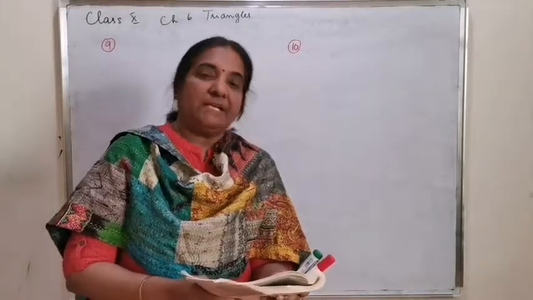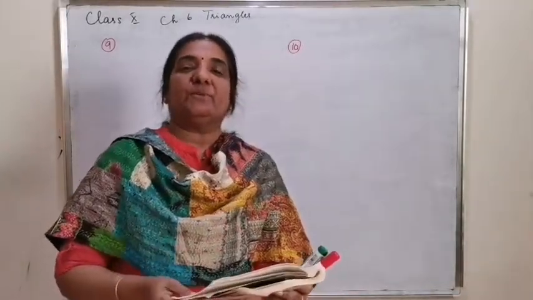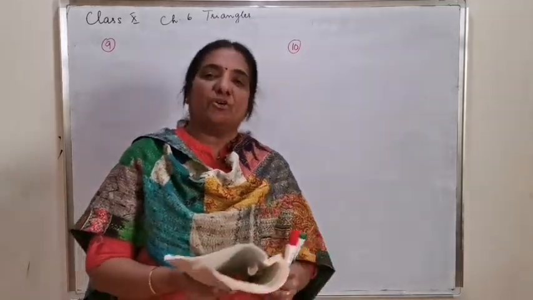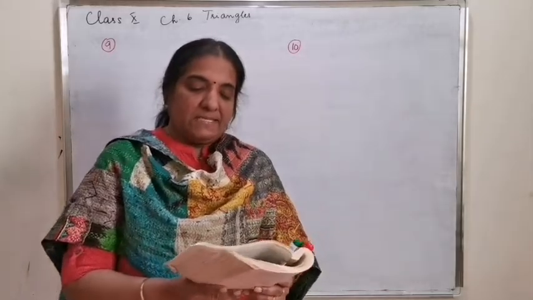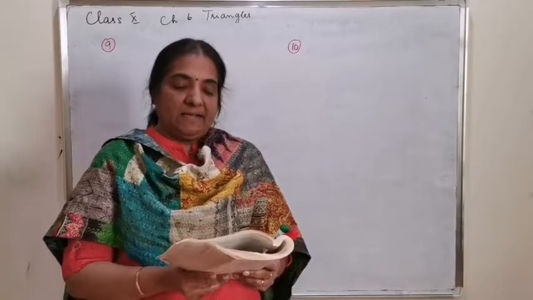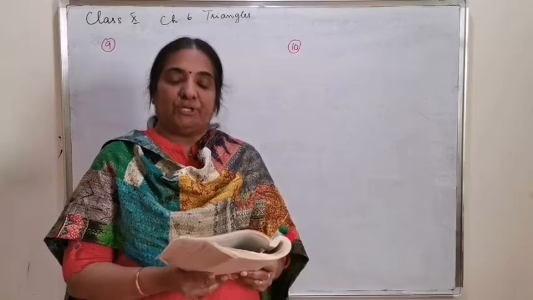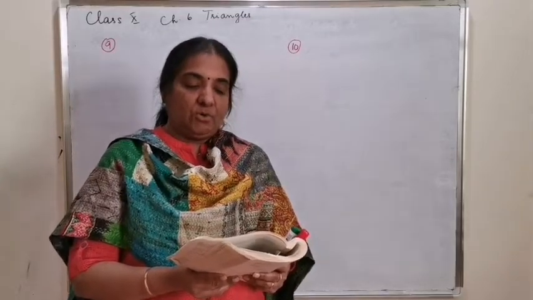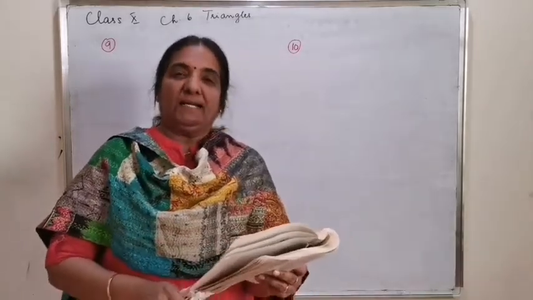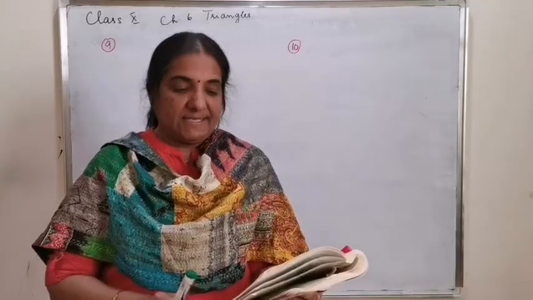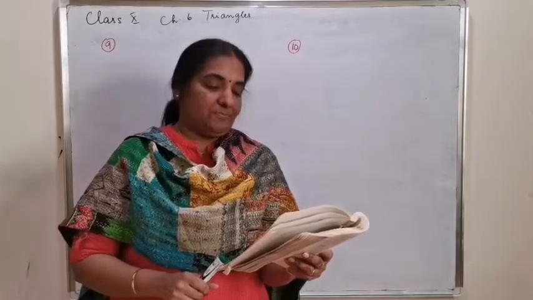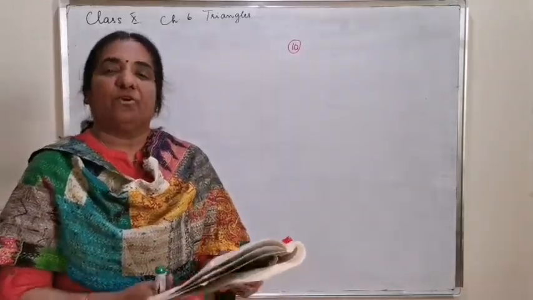Questions 9 and 10 can be studied together. If you study these questions together, you will understand the difference, that one is the application of theorem and the other one is the application of converse. Number 9, ABCD is a trapezium in which AB parallel to DC and its diagonals intersect each other at the point O. Show that AO by BO is equal to CO by DO. Similarly, the diagonals of a quadrilateral ABCD intersect such that AO by BO is equal to CO by DO. Show that ABCD is a trapezium. That means 9 and 10 are like converse questions.